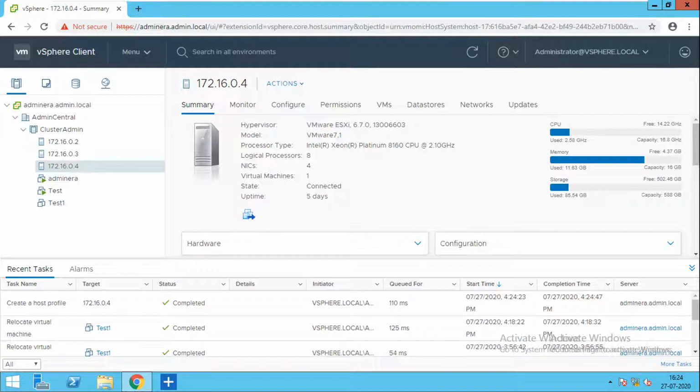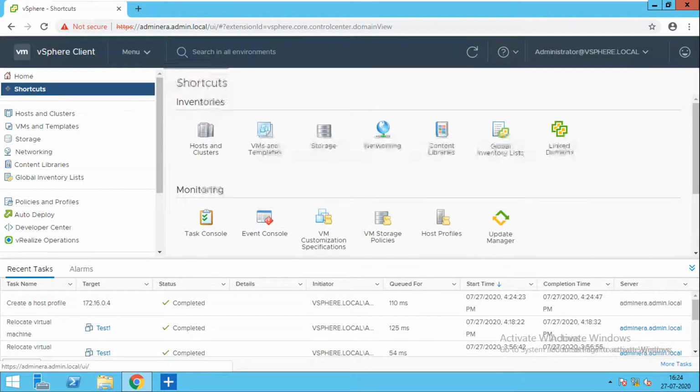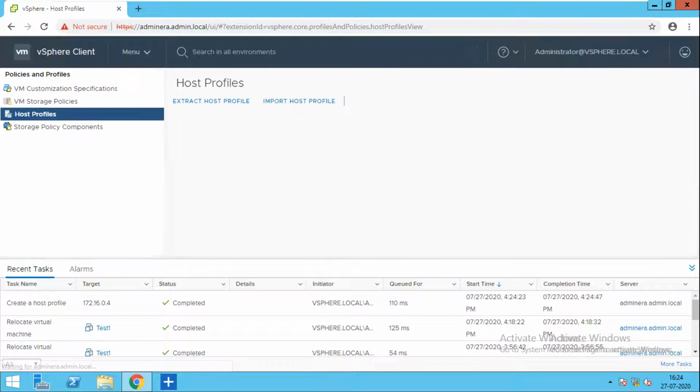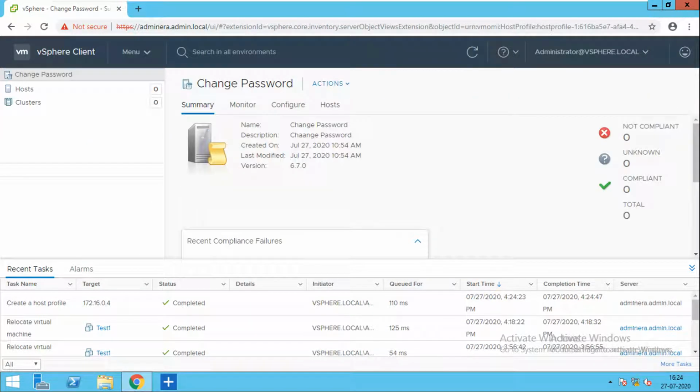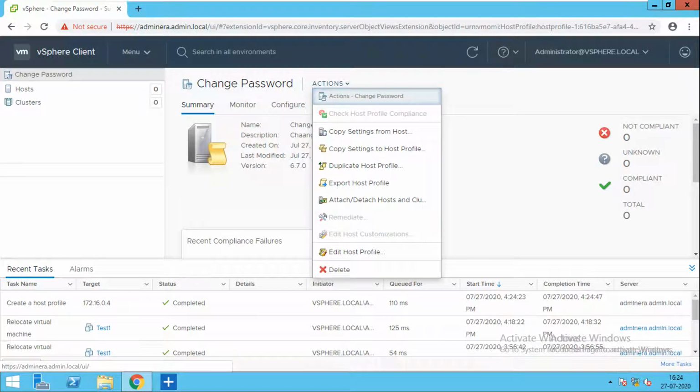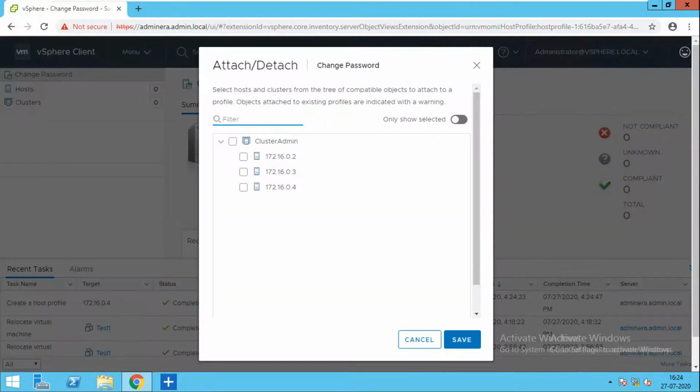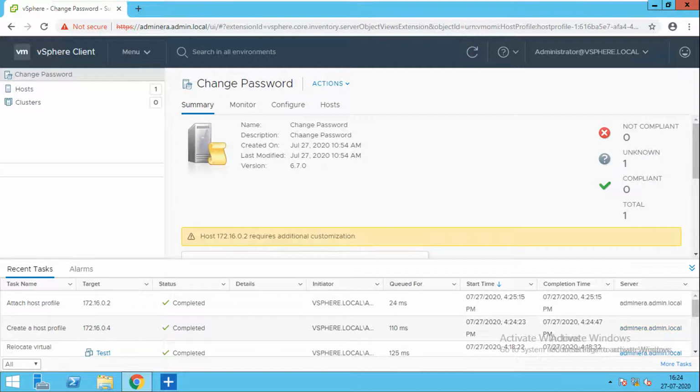Now I click on it, and there is the host profile option. I have one host profile, with zero non-compliant. I click on attach, detach, and I'm going to attach this.